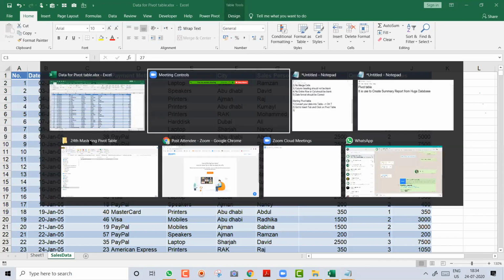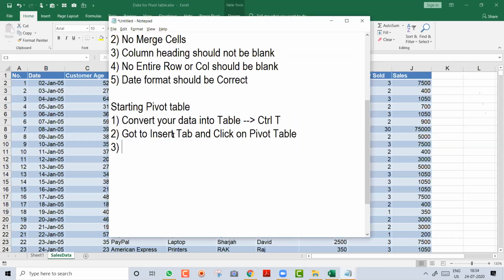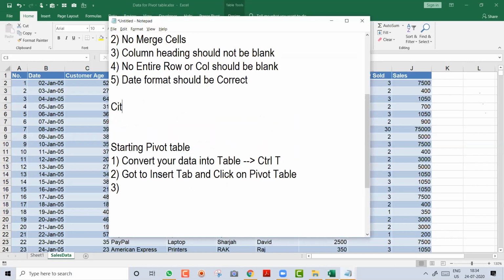Okay, friends, I think now I should go ahead, otherwise we will miss many of the important things. Now I'm going to the second level of the pivot table. Now my manager tells me, Ramzan, I need this report. I want to know city-wise sales, that is the sum. I also need how many records there are for each city. And I also want to know the percentage contribution. So how do you create these 3 reports in one go? I want everybody to pay attention on these things, okay?